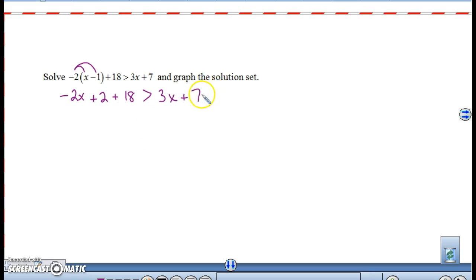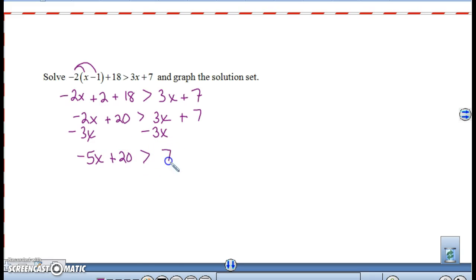All right, I'm going to combine my like terms. 2 plus 18. All right, and we get negative 2x plus 20 is greater than 3x plus 7. All right, remember the rule is get the x's on one side, numbers on the other. When you're doing inequalities, it's better to have the x's on the left-hand side for readability. So subtract the 3x. You get negative 5x plus 20